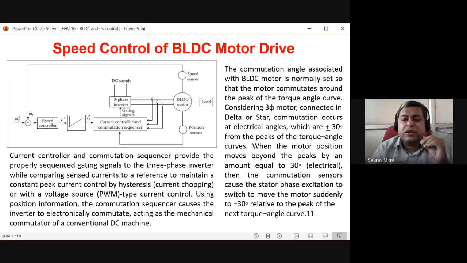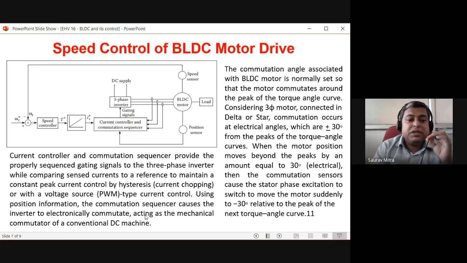So there are three stator coils. Particular that stator coil is getting less energy. Likewise, the three stator coils are getting three different types of energy, which are functions of the sinusoidal input. Okay, so in this case, either we can use current chopping, or we can use PWM type to control BLDC motors. That means this three-phase inverter, its output performance can be controlled by PWM or chopper.